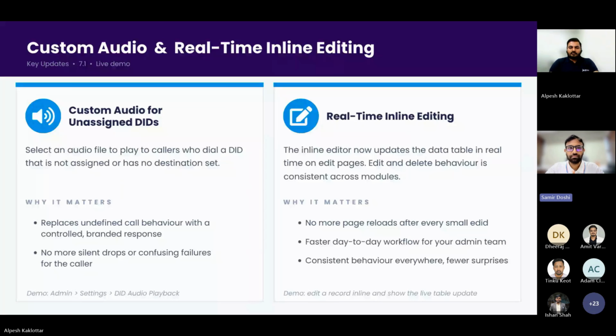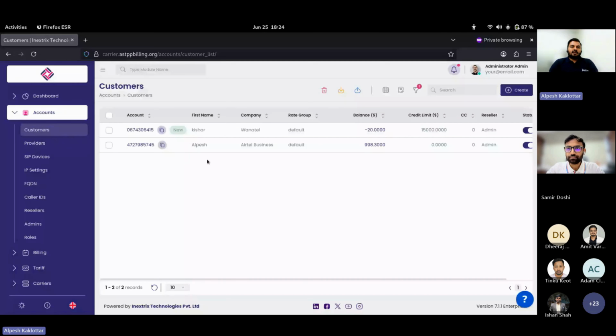Alpesh, you can go ahead and show the quick demo. Yes. Uh,